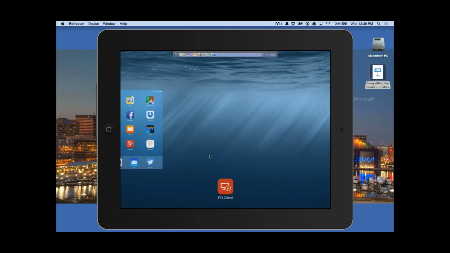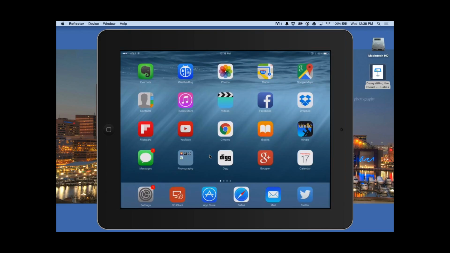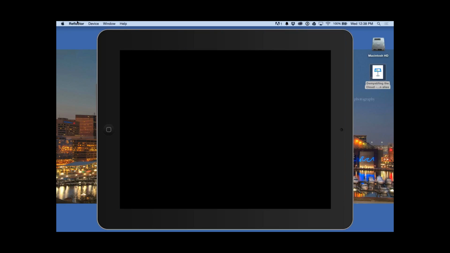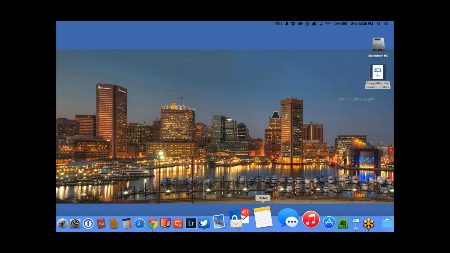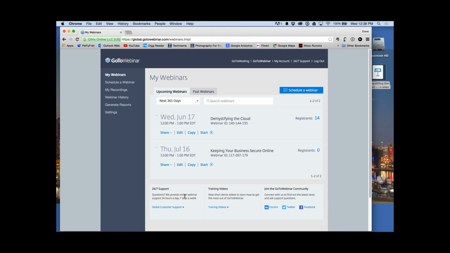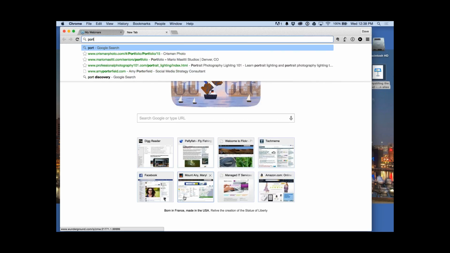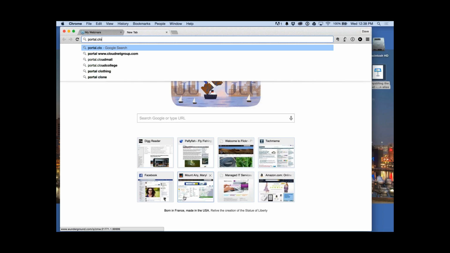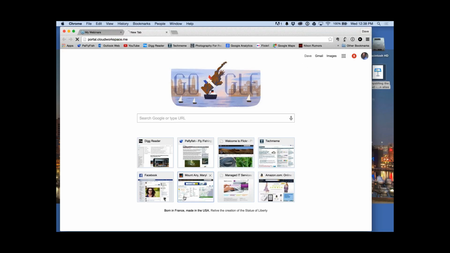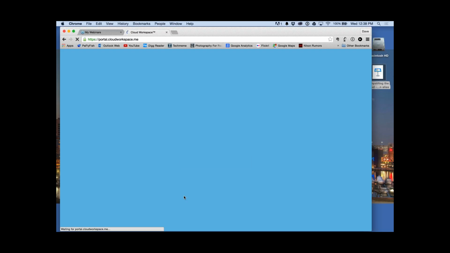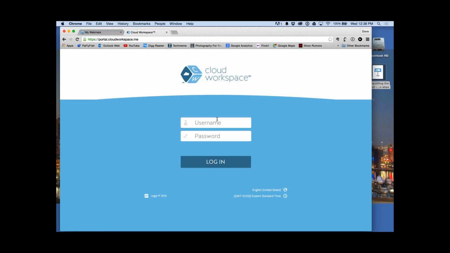All right, I'm going to kill this session just by doing that. And then I'm going to quit out of here. Reflector. Pat, do you want to jump into Chrome here for us? And I'll let you log in for a web browser version of the same session we're doing. So again, trying to show and demonstrate the power of this across different platforms, different applications, and just how straightforward it is to work with.